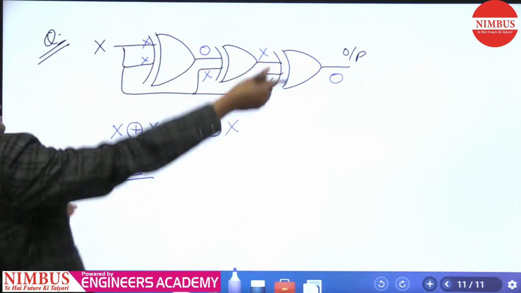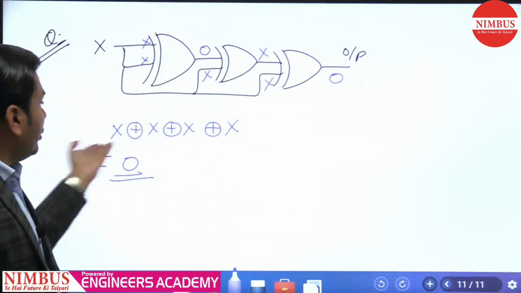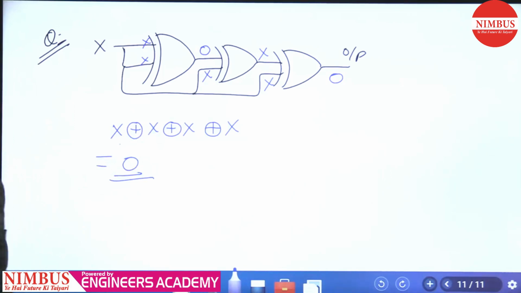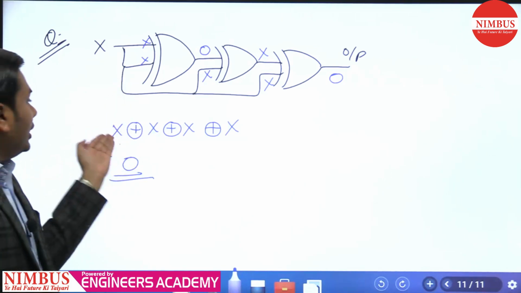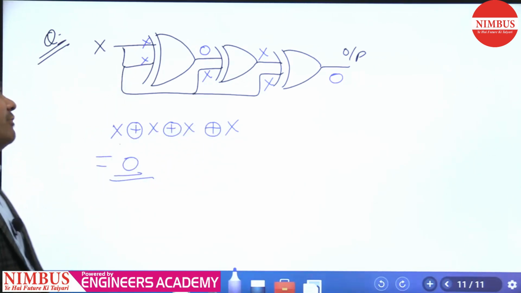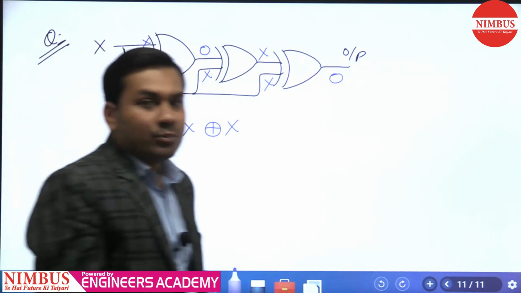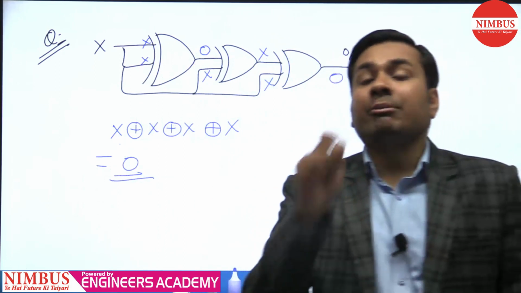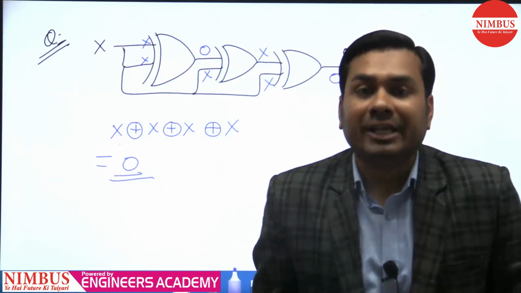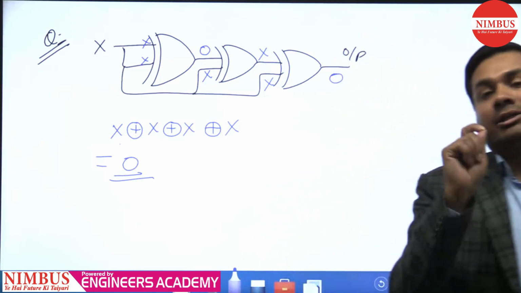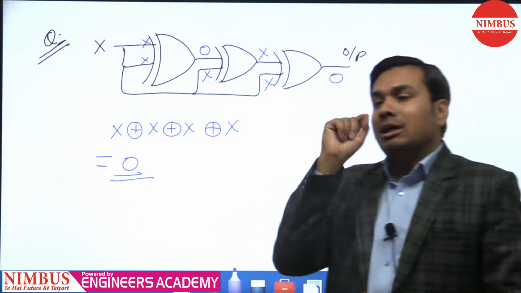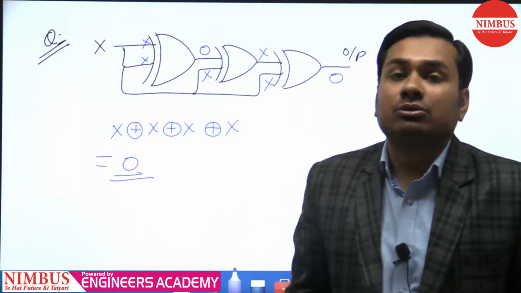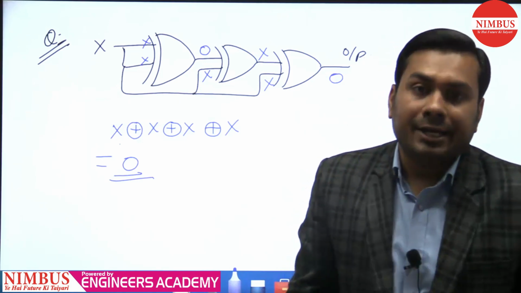Instead of solving like this, we can directly approach it by this note, that we are having an even number of inputs, and for an even number of inputs we directly get an output of 0, right? In the last note we are talking about the number of inputs instead of the number of gates, right? In that note, n is our number of inputs, not the number of gates.